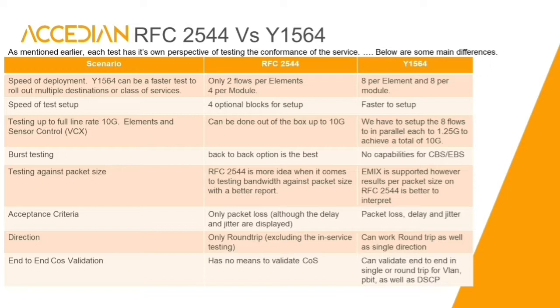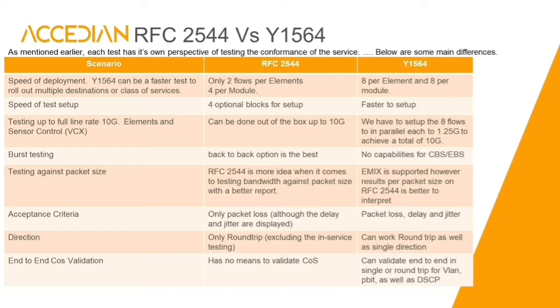Even if you have 8 flows, setting up and adding the parameters and data entry for those tests for those flows is even faster. So overall, from a rollout and setup perspective, the Y1564 is a faster test to set up and roll out. When it comes to testing a line rate of 10 gig, so a 10 gig circuit,